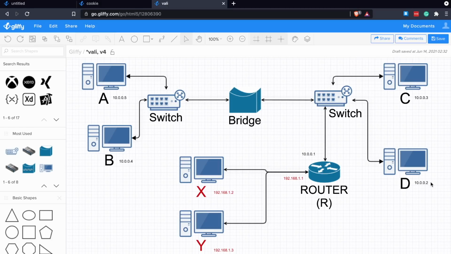So now 10.0.0.2, if I want to send, let's go through an example. Let's say D wants to send a frame to C. So D to C, that's a local layer 2 transport, right? So we're transporting D